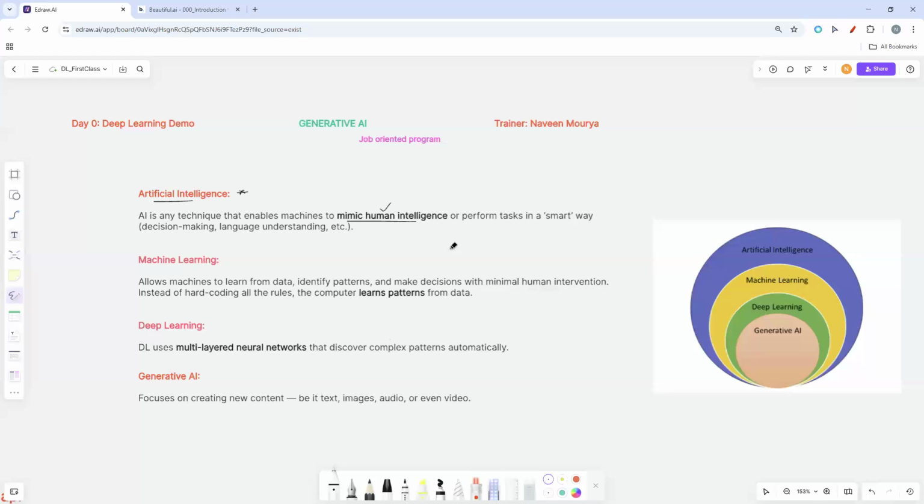And then we will move to, so what is machine learning? Machine learning is a subfield of artificial intelligence. It allows machines to learn from data and identify patterns. Whatever data we provide to that particular machine, it identifies the patterns in the data and makes decisions with minimal human intervention. All right. So instead of hard coding all the rules, the computer learns patterns from the data itself. Okay. So if you ask me for examples of machine learning,